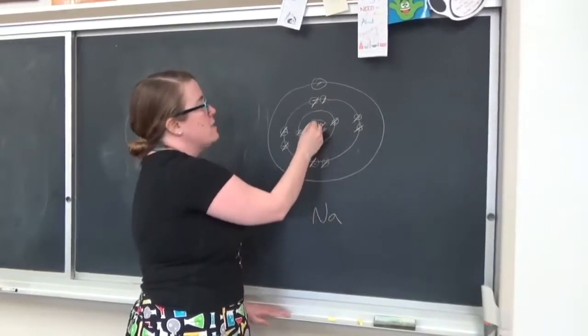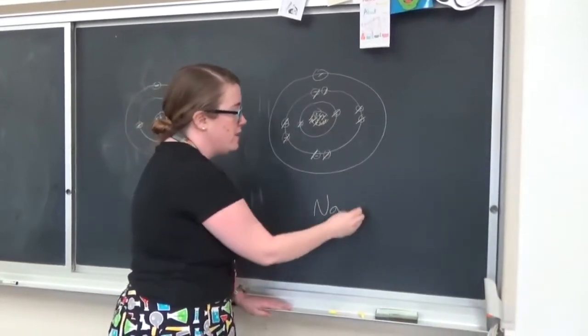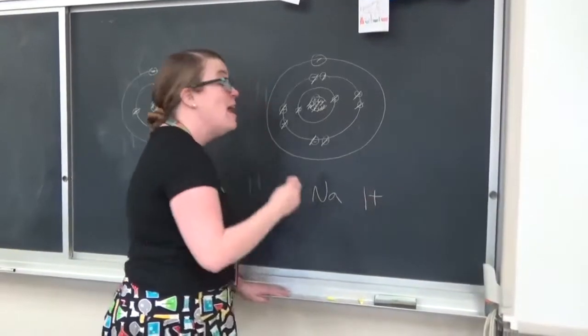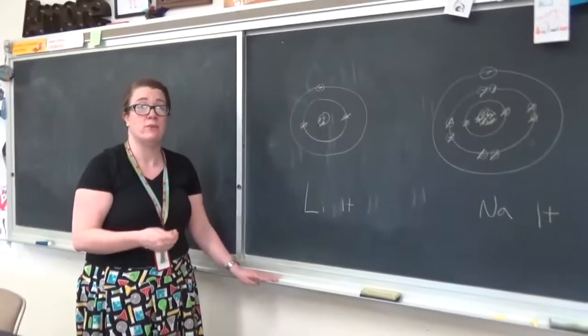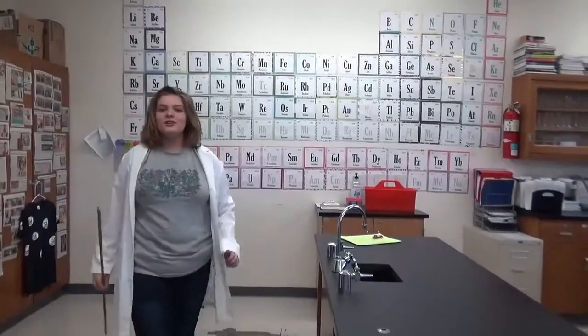The end-all effect is that there's one proton left for an effective nuclear charge of 1 plus. Elements in the same column on the periodic table have the same effective nuclear charge. The first trend we're going to talk about is atomic radius, or the distance from the nucleus to the outermost